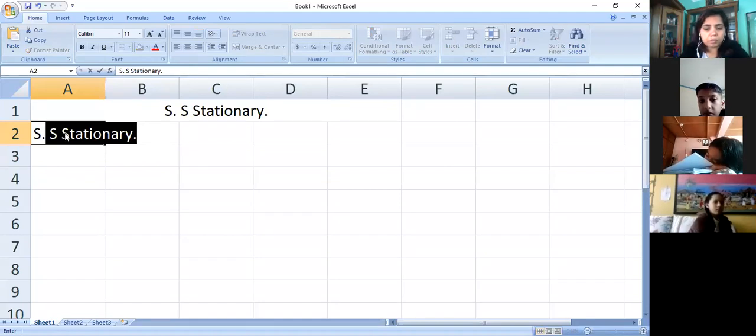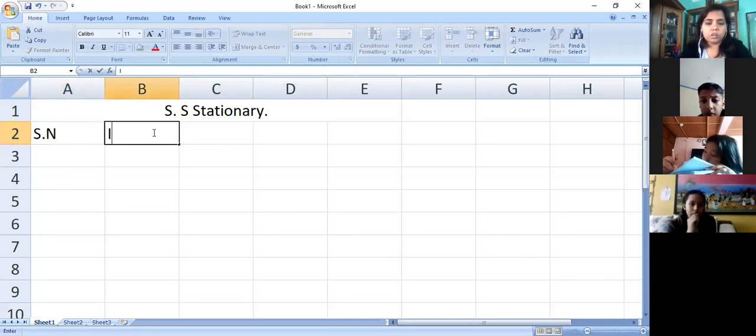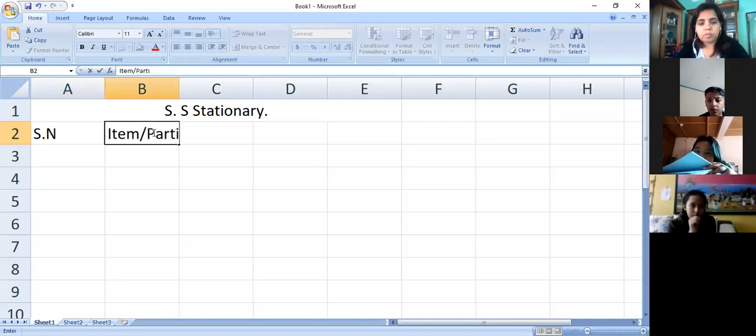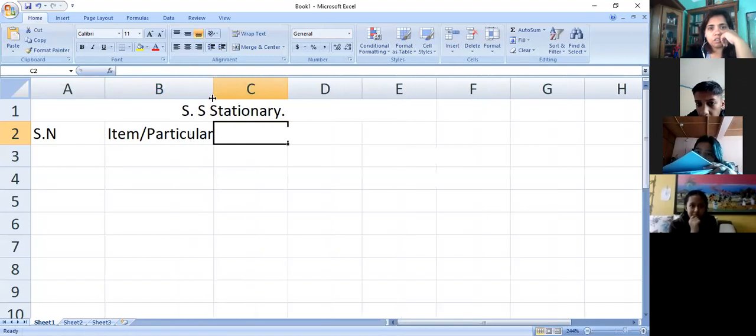Serial number, then item name over here. You can write either item or particulars, any one. Correct? Then next one, we can change the cell size by clicking at its border.